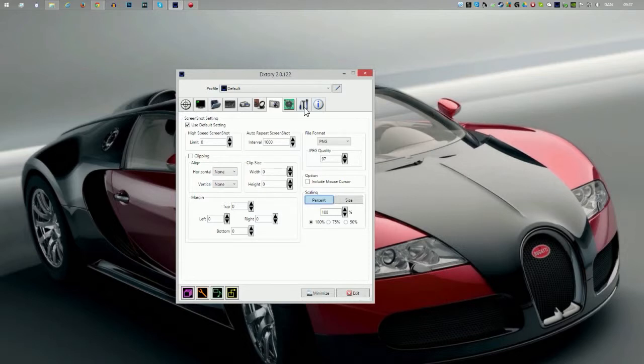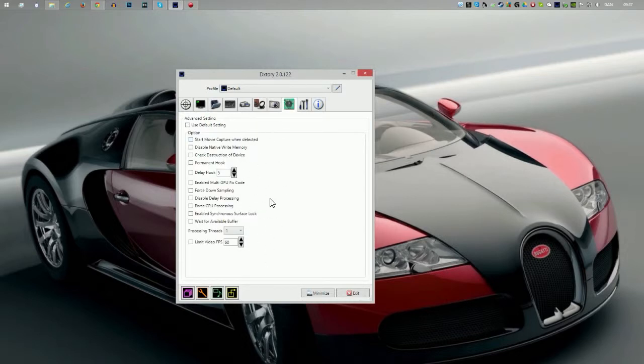That's all about it. You can also take screenshots, and here you have advanced options. I don't have any of these clicked right now. Limit video frames per second. One of the good things about DxTory is, let's say you're recording at 30 frames per second, it doesn't cap the game to 30 frames per second like Fraps does. You can run like 200 frames per second on your screen, but it only records in 30. But you can limit that here to like 60 if you want, but I never use that. Process and threads, I use that on one also. This just works. You can fiddle around with that if you want.